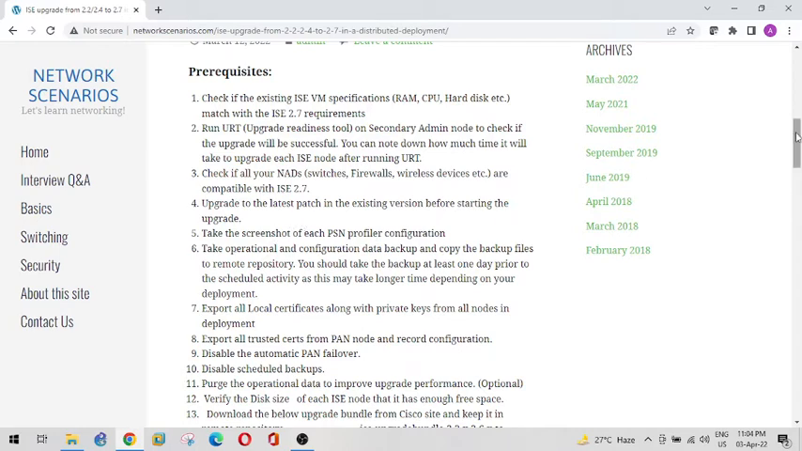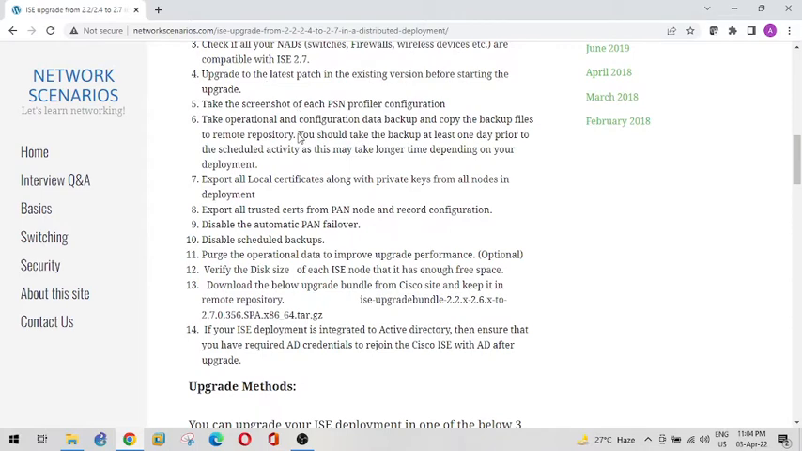Then it comes to some of the backups. You can take a screenshot of the PSN profiler configuration in the deployment page for each PSN. What kind of profiling probes you are using, for example, whether you are using the HTTP or SNMP probes, all these things you need to capture. In case you run into an issue after the upgrade, you can always refer to that document and reconfigure the PSN